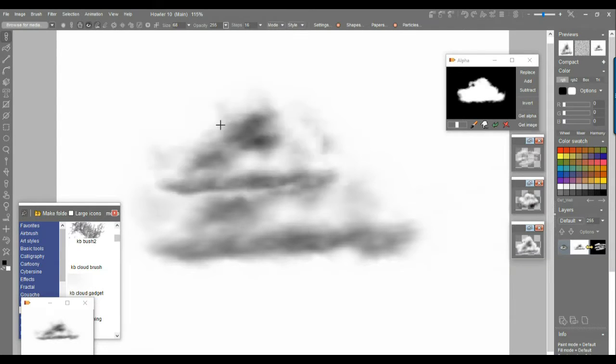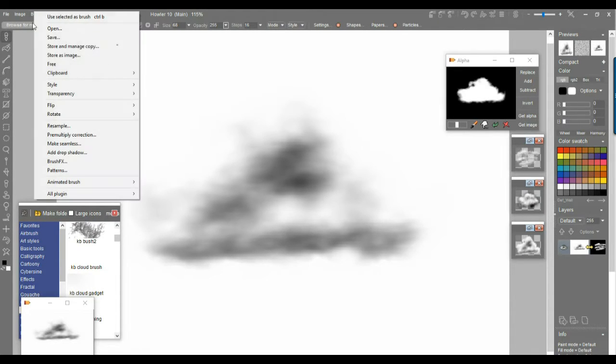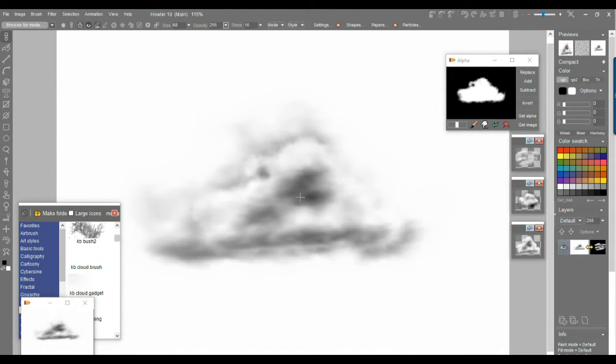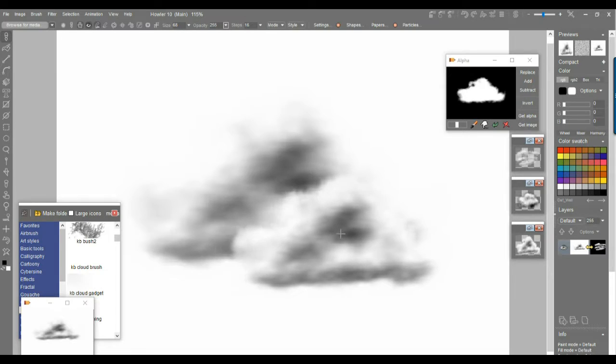I didn't save this one yet. Let's go save it. Brush, save, and we have now cloud number 3. So we have 3 different saved PNG images of clouds. There you go. And now let's see how we can turn this into an animated cloud, not in the sense